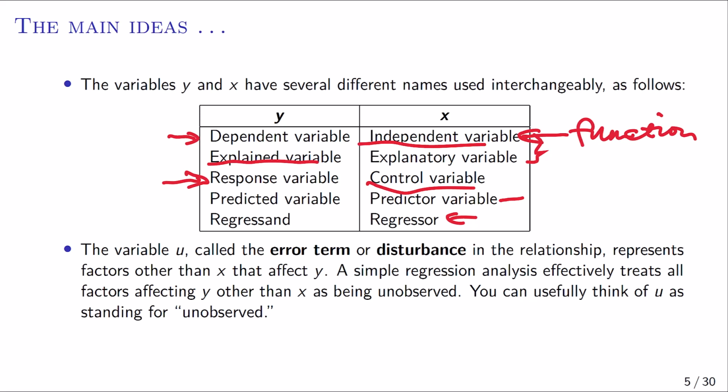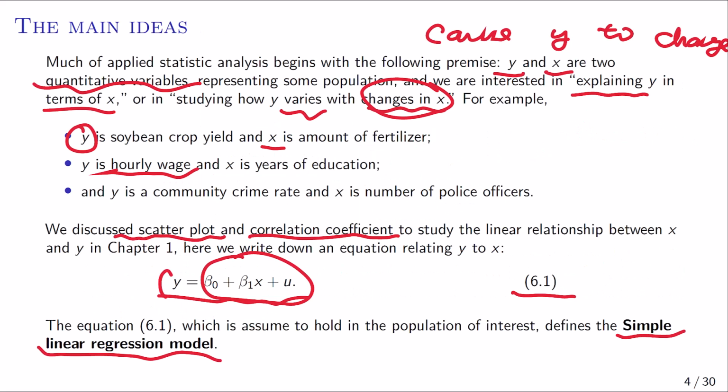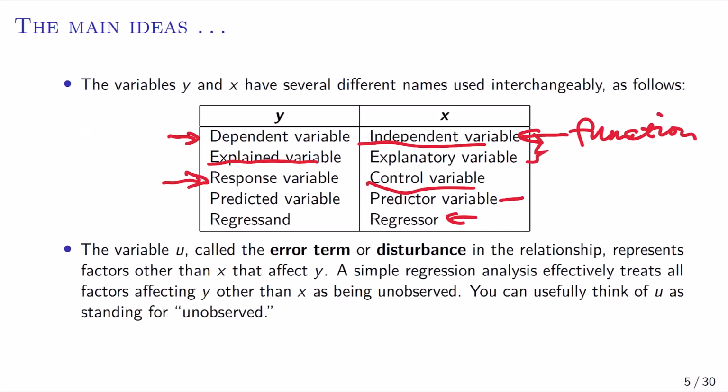We talk about y and x in the model, and also we're talking about the u. What is this u? This is the so-called error term or disturbance in the relationship. Why do we need this term? Because in reality, it's kind of naive to just say one factor x is going to cause y. This kind of assumption is a little naive, because in real life we have many factors that cause y. That's why we single out x, and the rest we put as just one term,